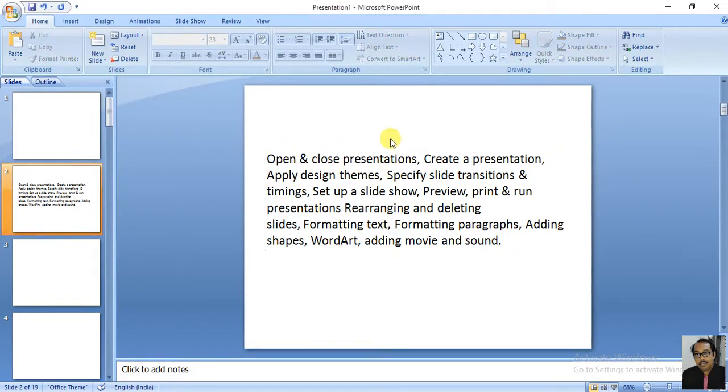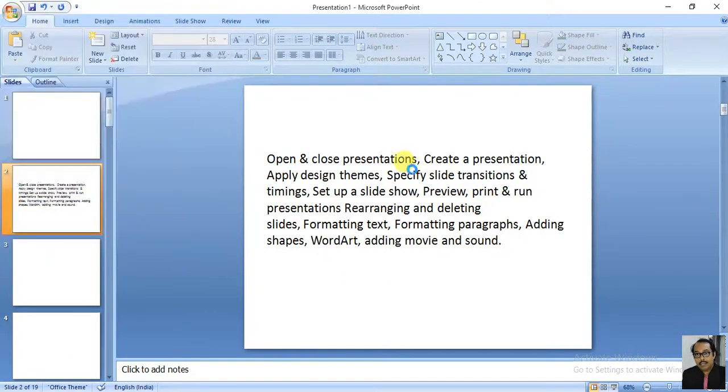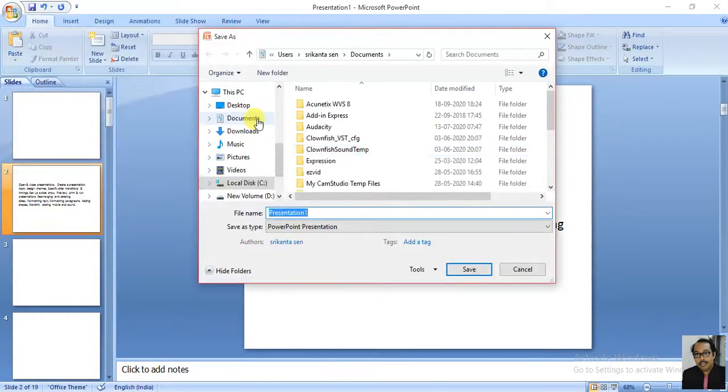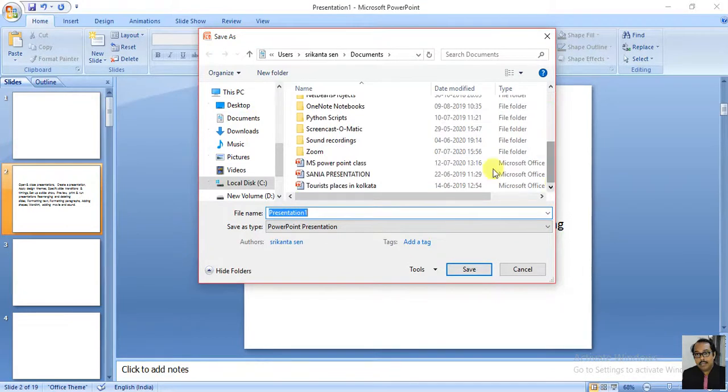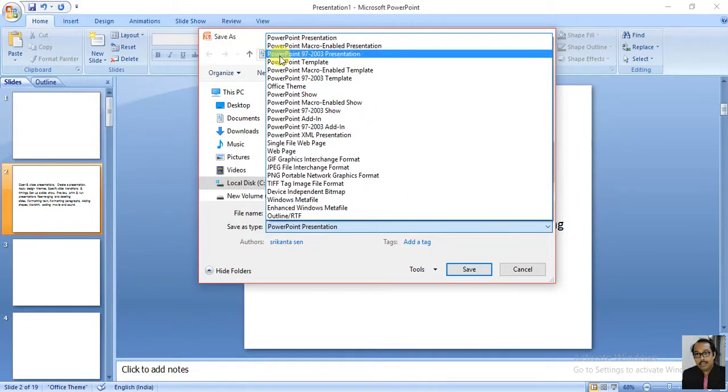First I am going to save this presentation. Go there, click on Save. Now you can save a presentation in many ways. I am just saving it as demo presentation. So the options are PowerPoint presentation, and the format is